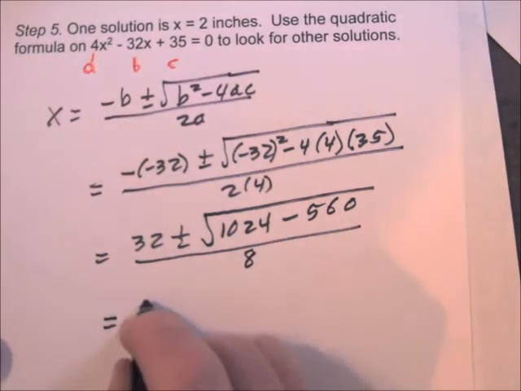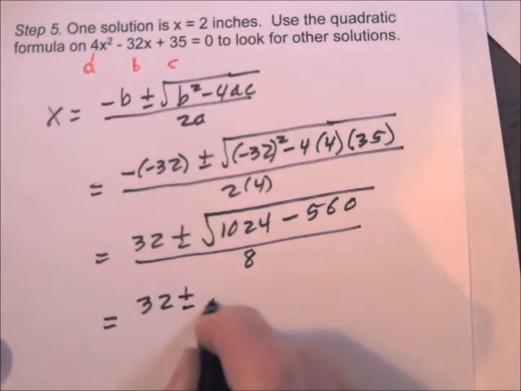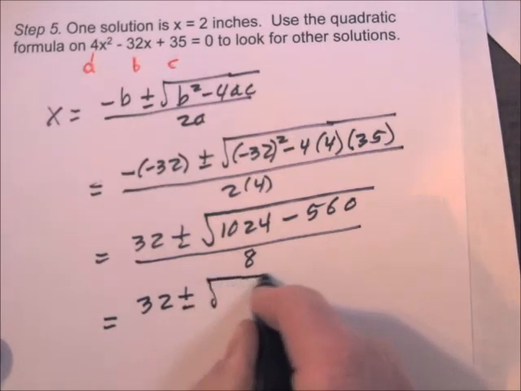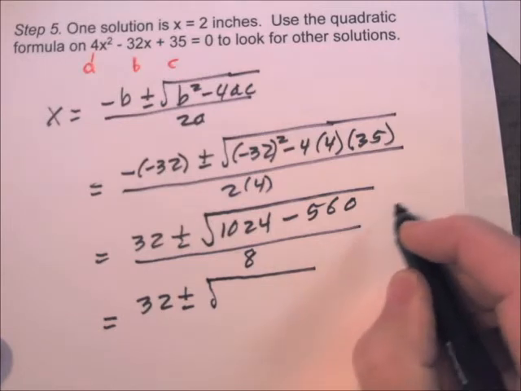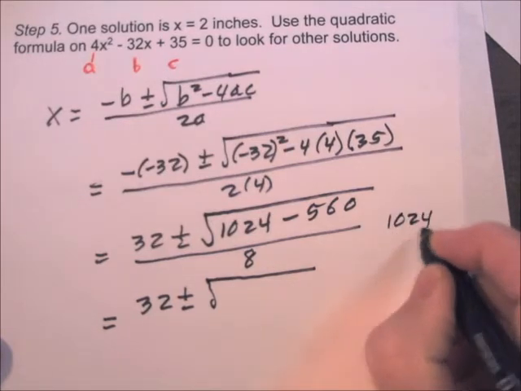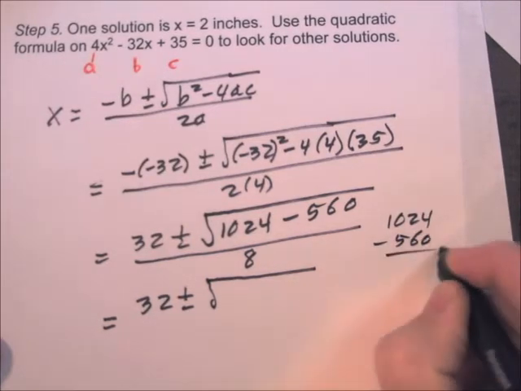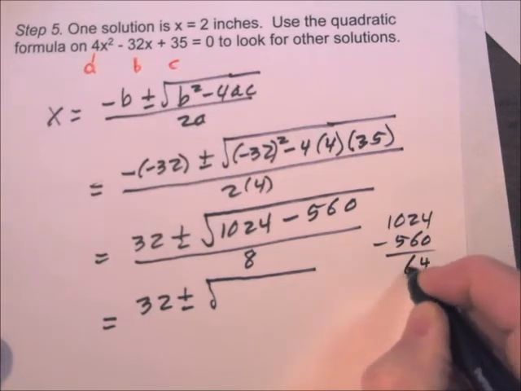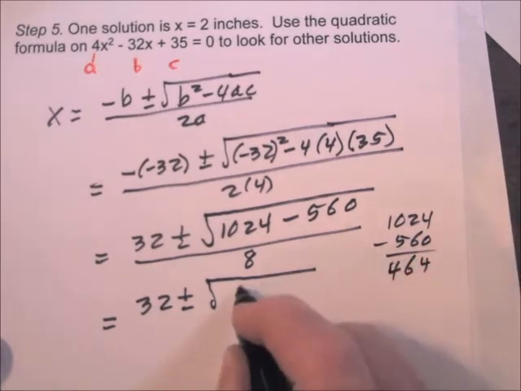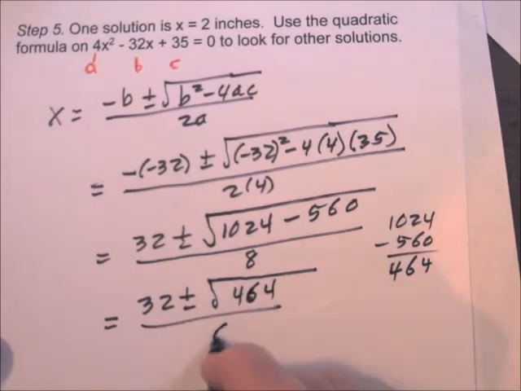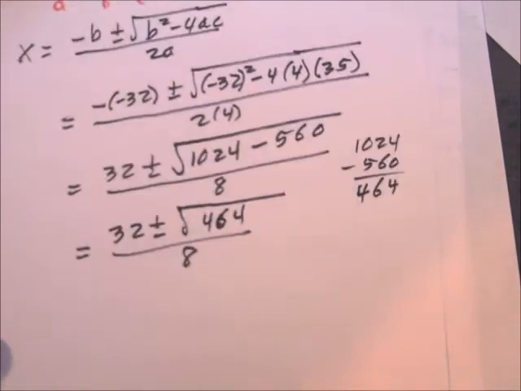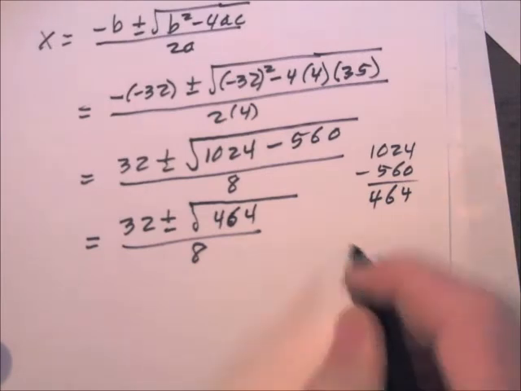And then if we subtract 1024 minus 560, we get 464 over 8. Okay, so 464 is not a perfect square, but